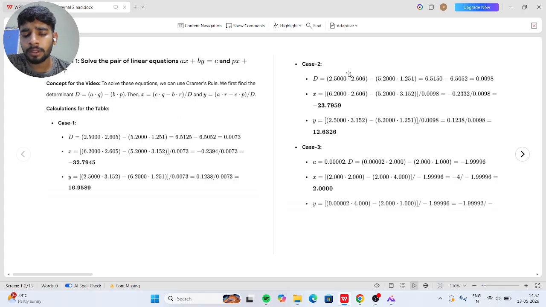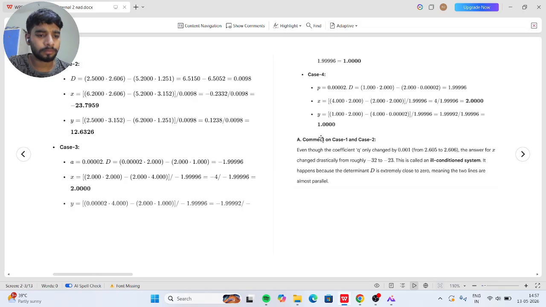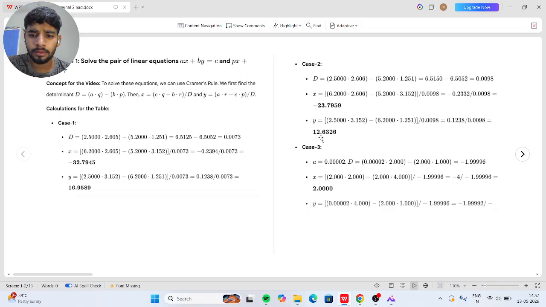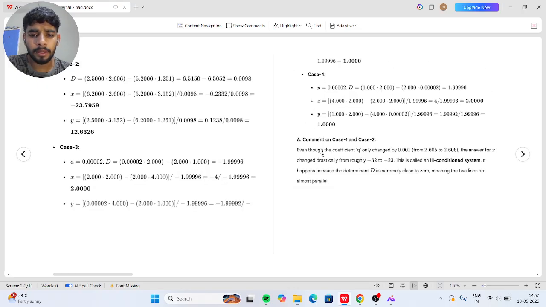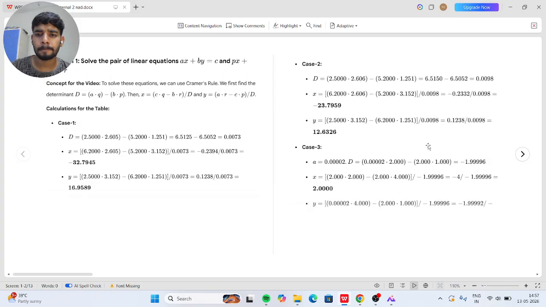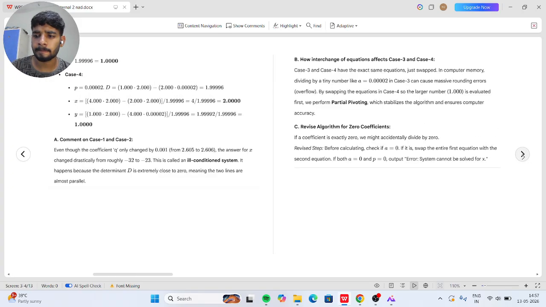Similarly for case 2, we will also calculate the x value and y value. Similarly in case 3 and case 4. Now for part A of the question, we have to comment on case 1